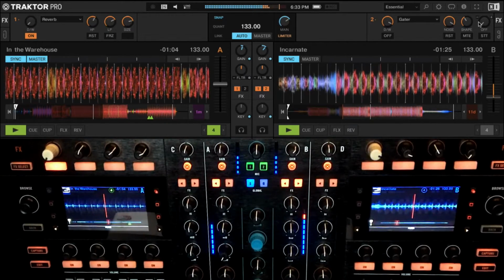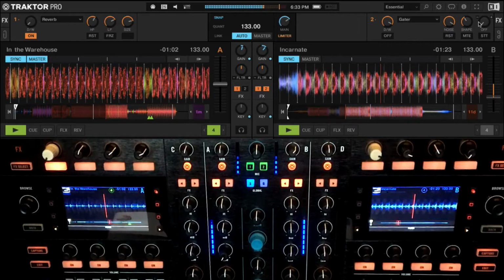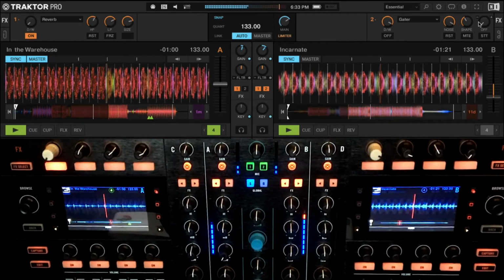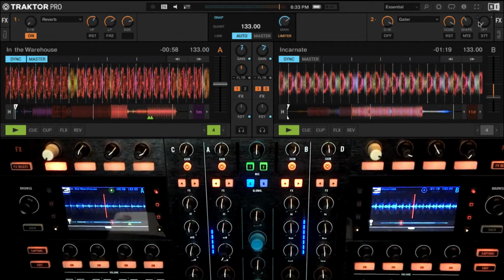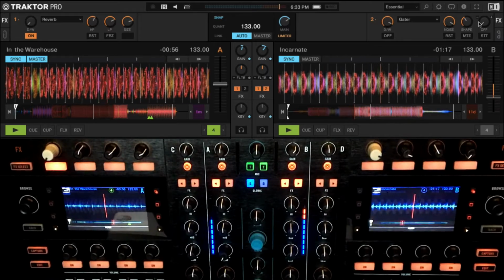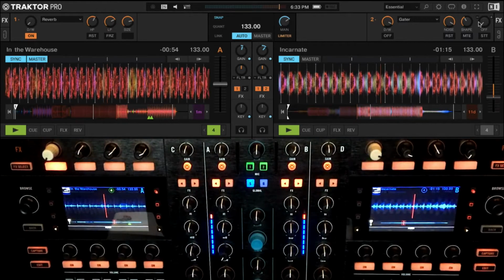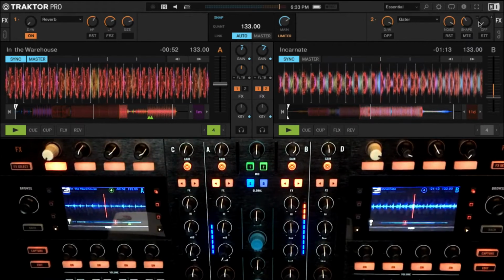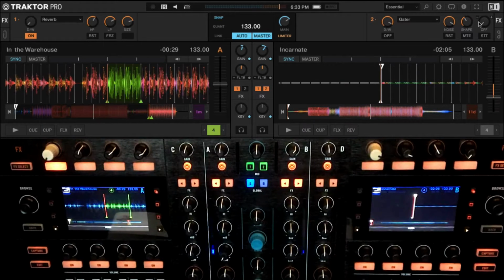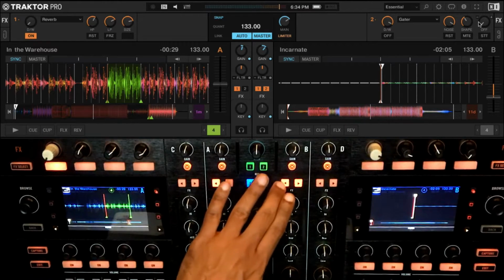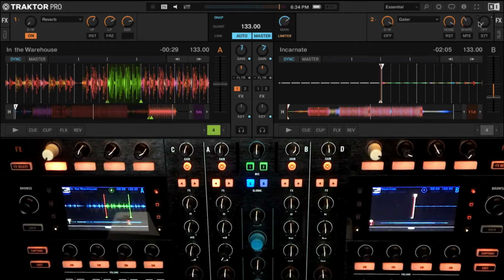Okay, which was quite interesting because this time I was using a reverb on both the tracks. Both tracks sort of disappeared into oblivion and came back in. But what we can do this time is use reverb only on one of the tracks, and I can make this track disappear while this track comes in. So let's try that. I have my reverb on but drive it at 0.